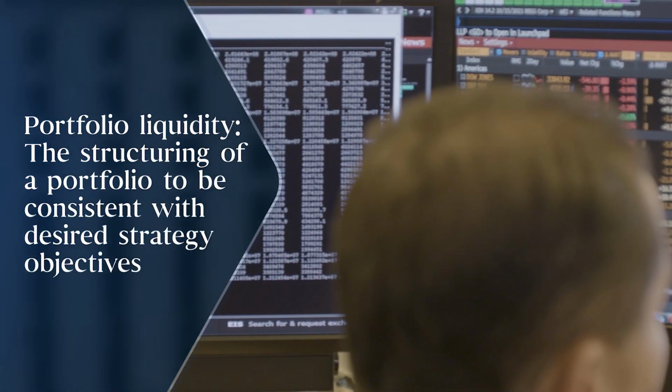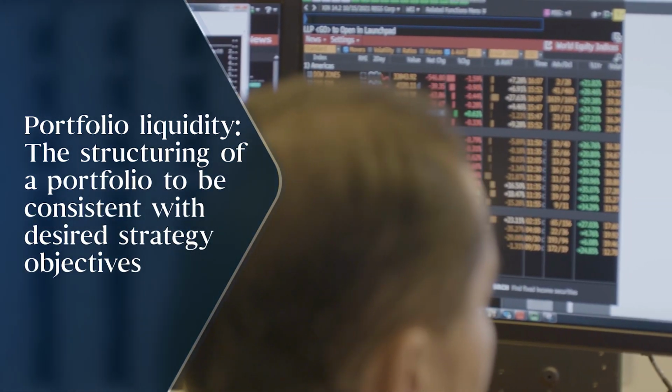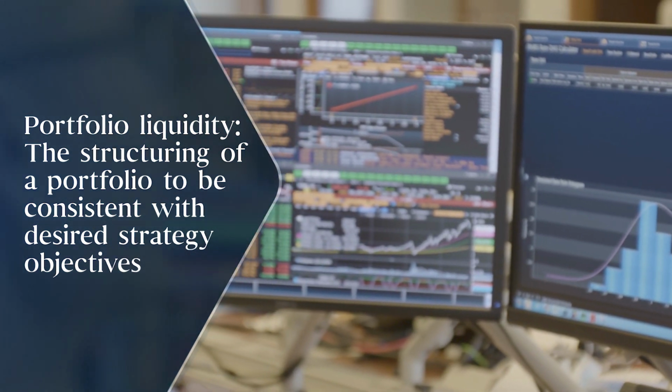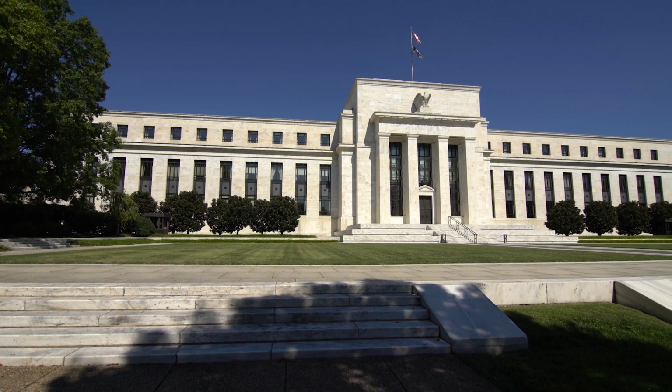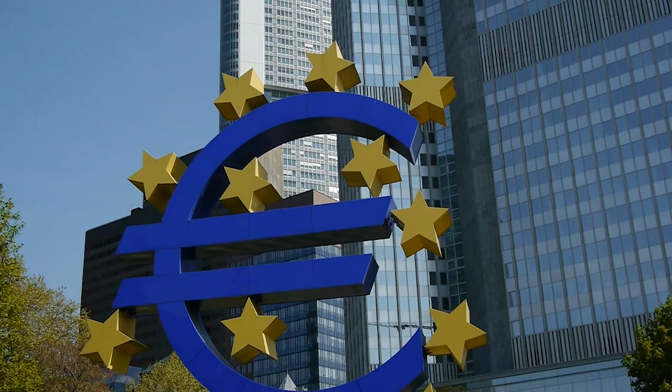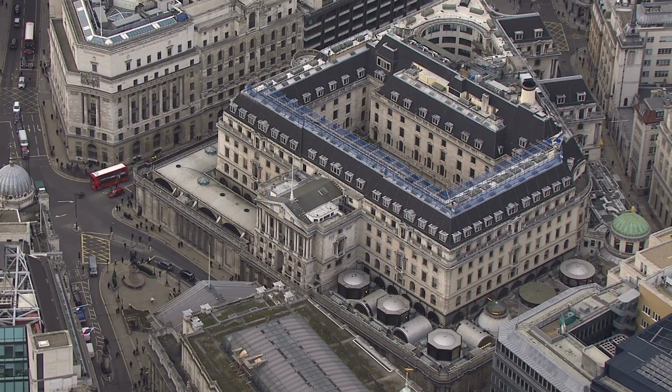With regards to portfolio liquidity, we need to be thinking about how to construct portfolios that are potentially more resilient in these times of stress. Investors have increasingly become aware of the higher rates and higher yields that many central bank policies have brought to us over the past year. Fortunately, over the past 10 years, we've seen central bank policies do something else: cut off the left tail and right tail risks of many of the systemic concerns that we had post the global financial crisis.